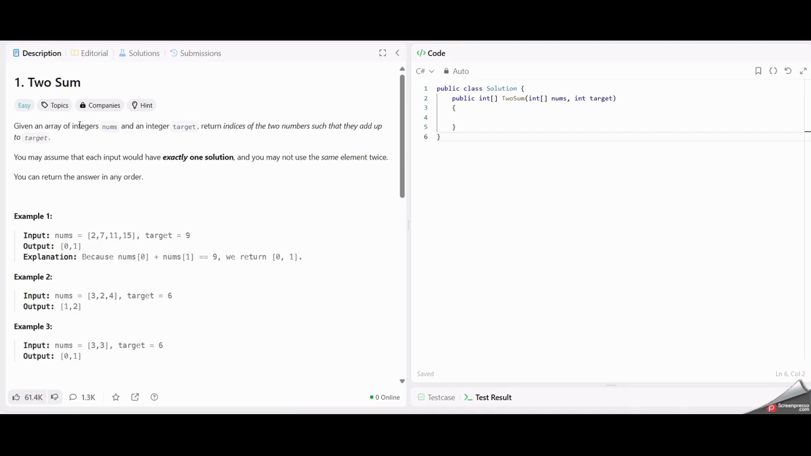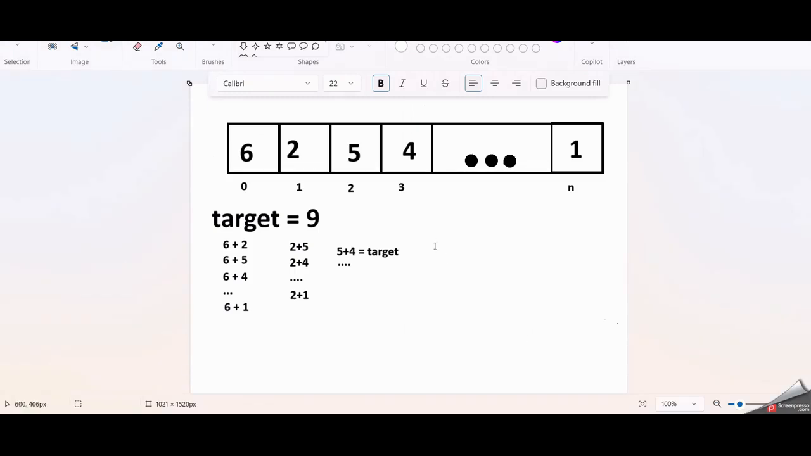Given an array of integers, nums, and an integer target, return indices of the two numbers such that they add up to target. You may assume that each input would have exactly one solution, and you may not use the same element twice. I will try firstly to go through a basic solution, and then we will try to optimize it. I prepared such an example, let's imagine that's our array of integers, and basically we'll try to build